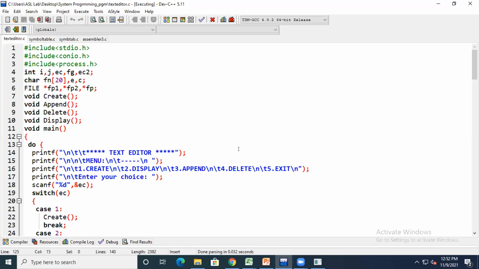You can take the code already shared on the group. And also please share your output with a proper answer.